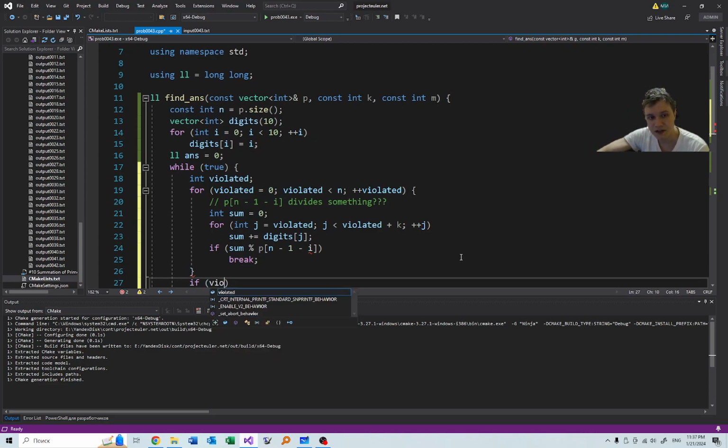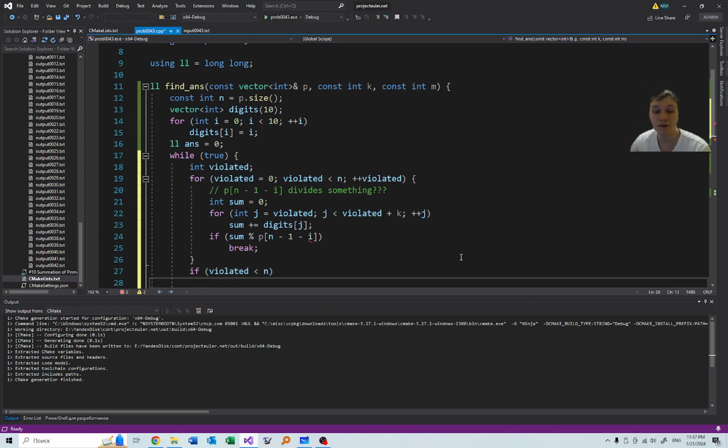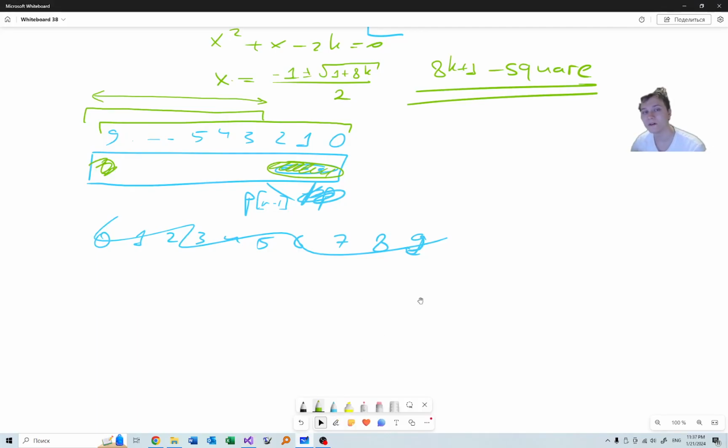Now if violated is less than n, then there was a violation. What do we do if we found a violation? For example, this position is violated. Then, first of all, we need to reverse these digits, which is done as